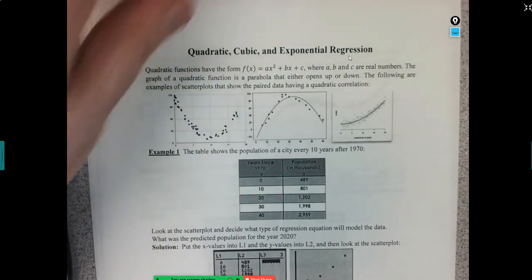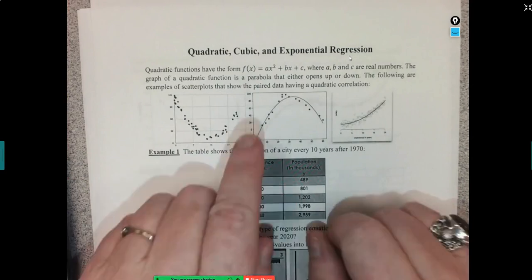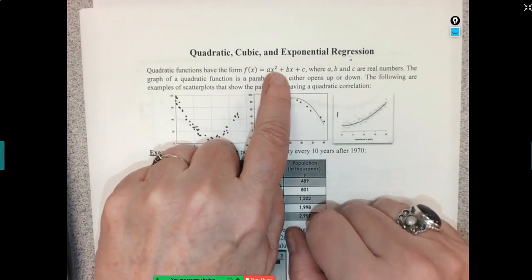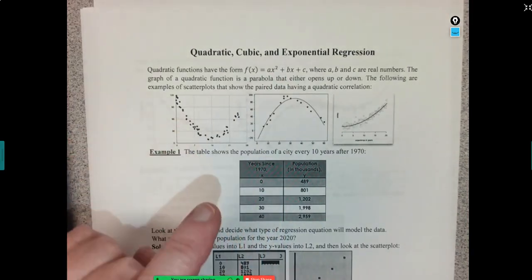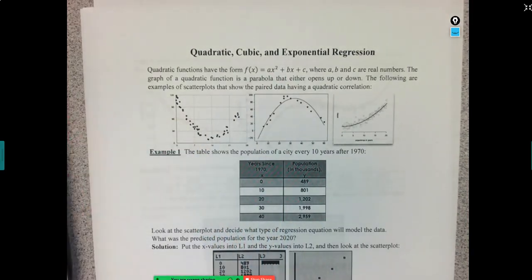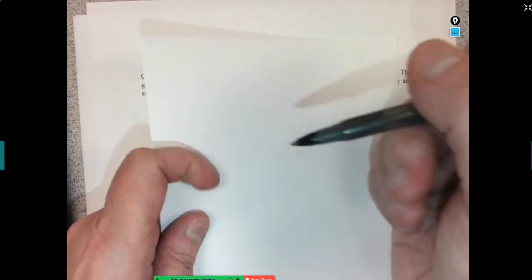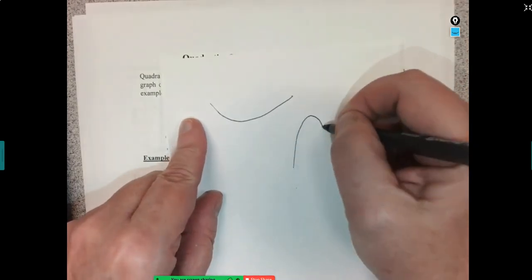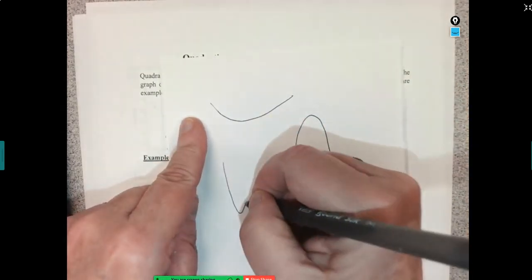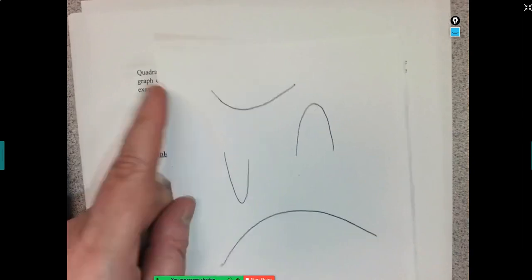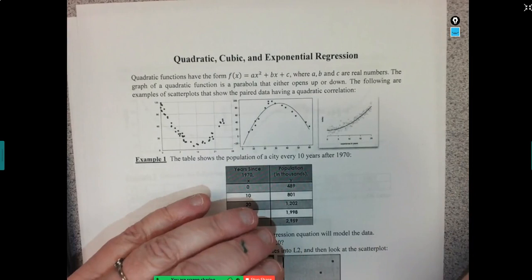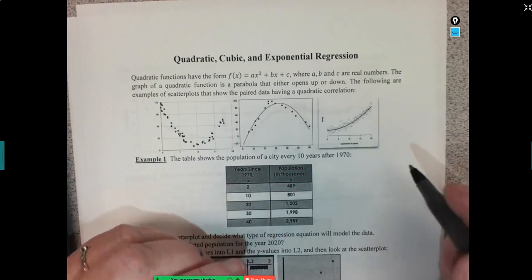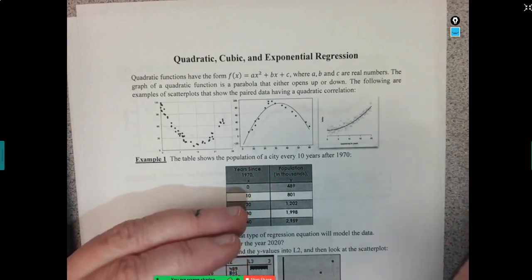As we said, quadratic functions have this generalized form, where these a, b, and c are real numbers. And the graph of a quadratic function is a parabola. So it'll either open up or it'll open down. They can be fat or skinny. Okay. And then if we have paired data and we look at our scatter plot, we can usually see whether